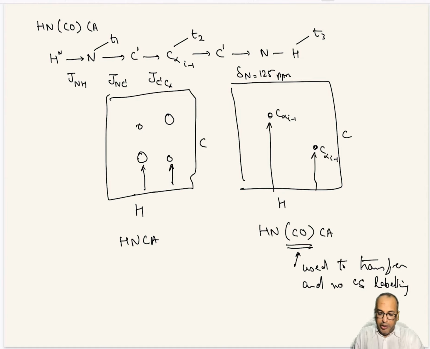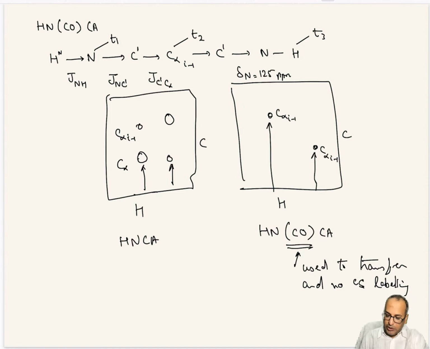So even if you can't judge whether this particular peak is C alpha or C alpha I minus 1, you can easily compare the two spectra and say which one of them is C alpha and which one is C alpha I minus 1. But the overall idea of analysis is still the same: for each HSQC peak, each proton nitrogen correlation, you have to find out the C alpha as well as C alpha I minus 1, and then match up all those peaks to find out which two peaks are connected with each other. And at some point you will reach the terminal where you will not be able to proceed further.